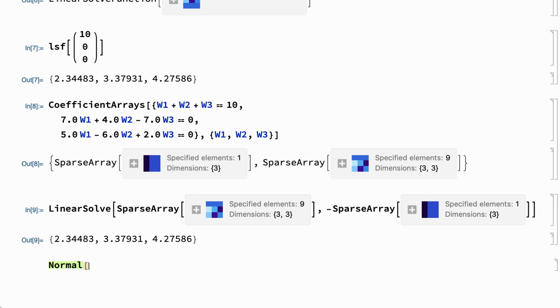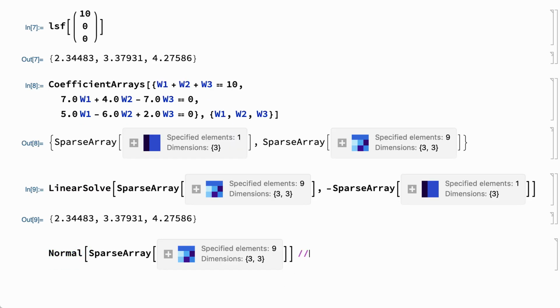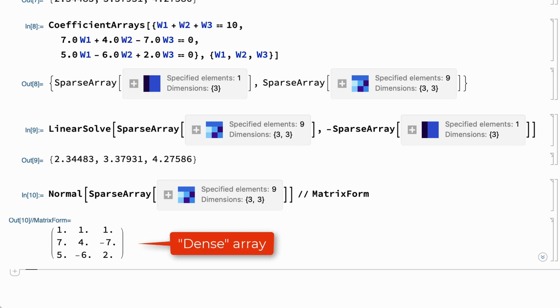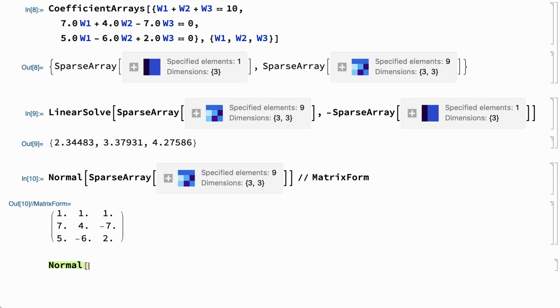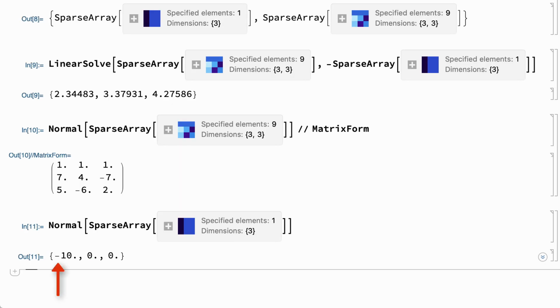Applying normal or matrix form to a sparse array expression converts the expression to a dense array, which means an array that is stored in the computer in such a way that every element is specified explicitly. The minus sign in that last vector is again a consequence of the previously mentioned sign convention in the coefficient arrays function. In linear algebra, a sparse array is an array in which most of the elements are 0, and